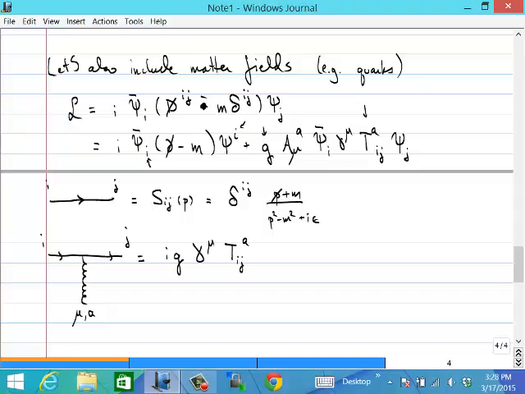Now remember here, the gauge boson has a Lorentz index mu and a group theory index A. The Dirac fields have representation indices I and J, as well as Dirac spinor indices that I haven't even written down here. Okay. So although this is a relatively simple expression,